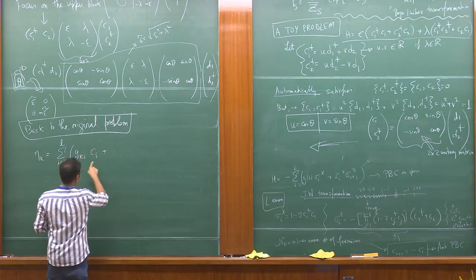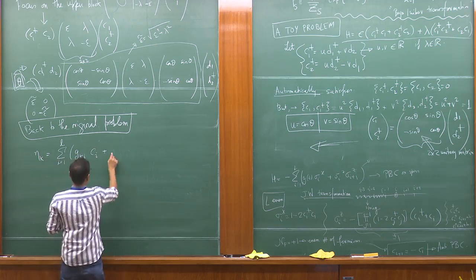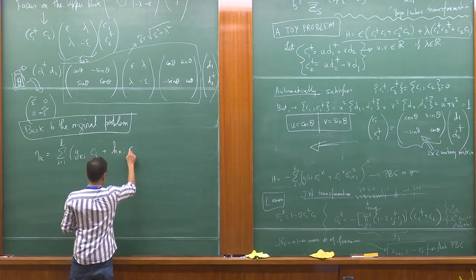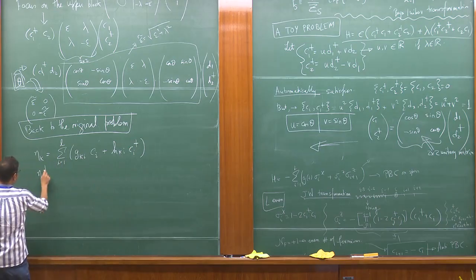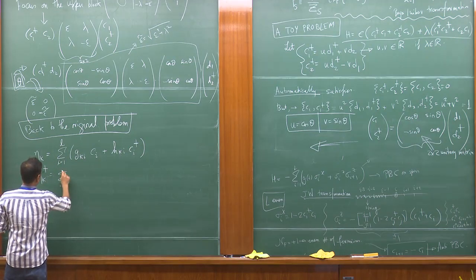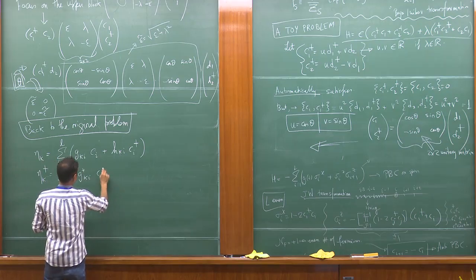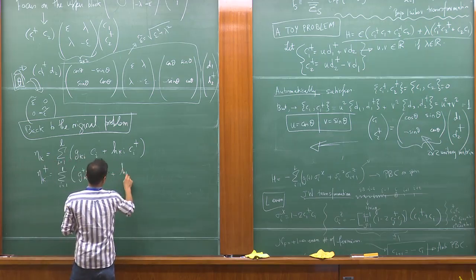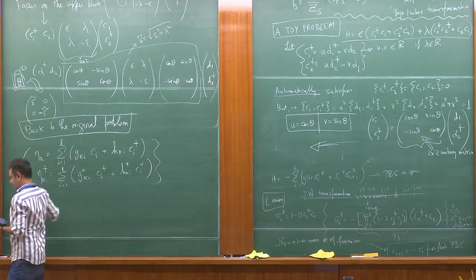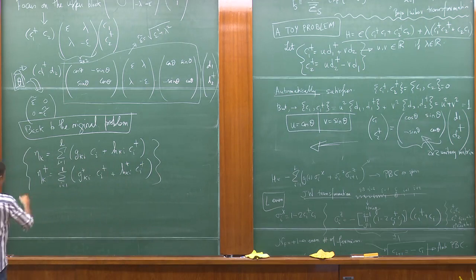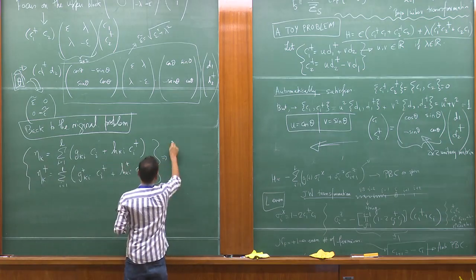Again, I need to mix the CIs with the CI daggers, right? That's the general philosophy of the Bogoliubov transformation. And of course, if you're given this, then writing the dagger is easy. You just star these guys, and this guy becomes a dagger, and that guy also becomes a dagger. Good. So basically, I can write a shorthand for this. This is a bit of a cumbersome notation. The shorthand for this is